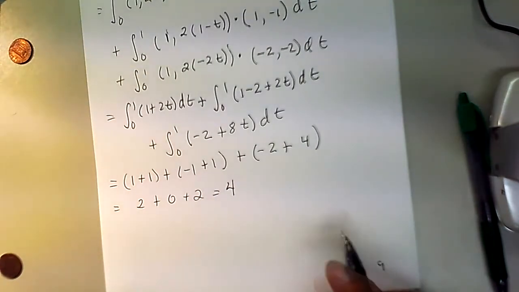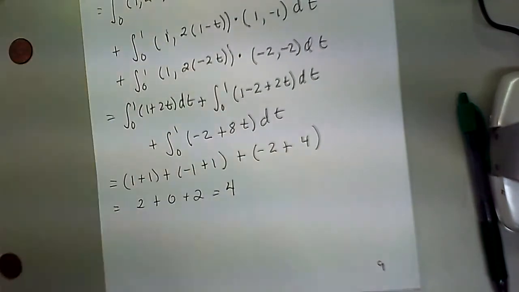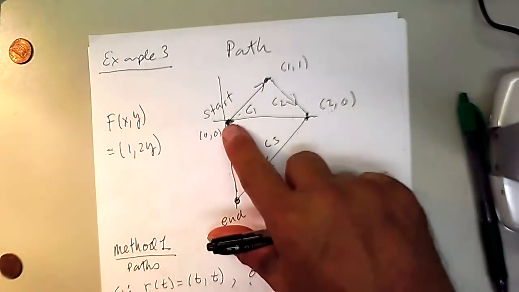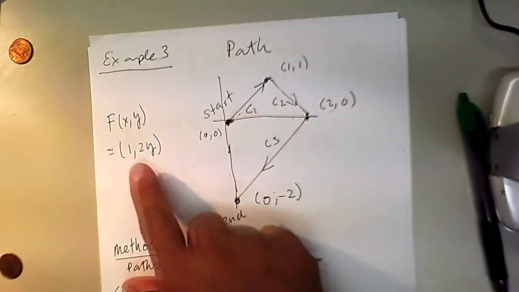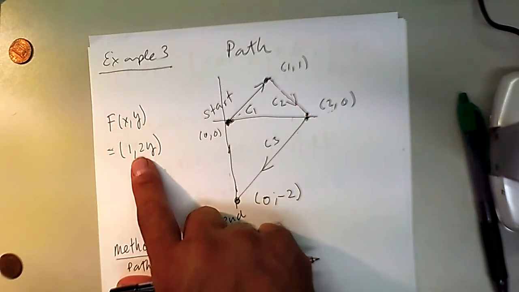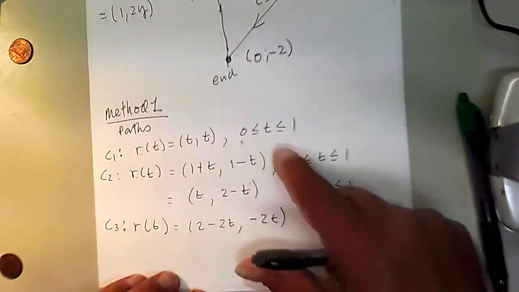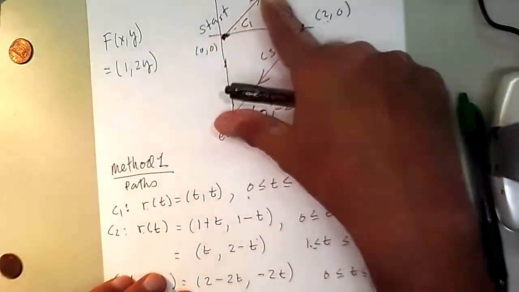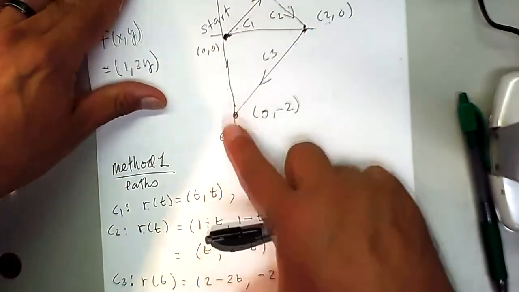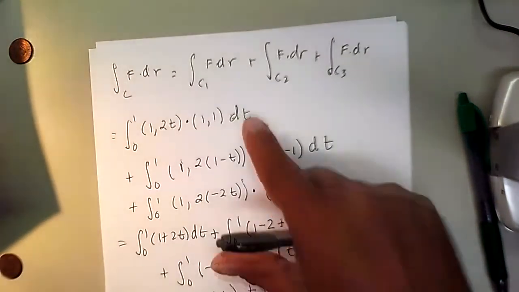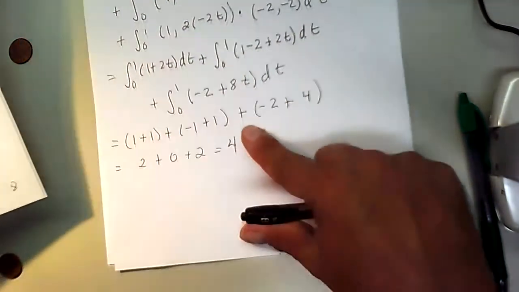Okay, so to figure out the integral over this path of this vector field, which is, by the way, very simple, could be way, way more complicated than that, we have to first find the individual paths, break this into pieces. Then we have to go ahead and do this. Technically speaking,